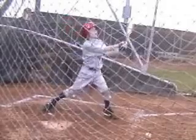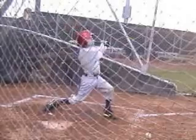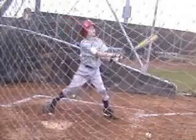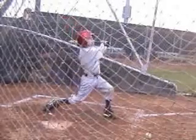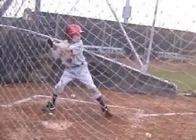I'm going to talk about a few things, and a lot of the things that I talk about with my hitters. The first thing I look at is your setup position. You're balanced, you look comfortable, you're at a good width for your height. The first thing I notice when we start to get into the load process, your hands